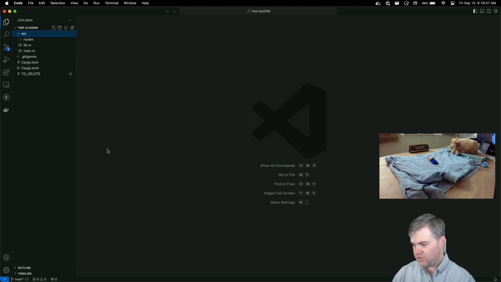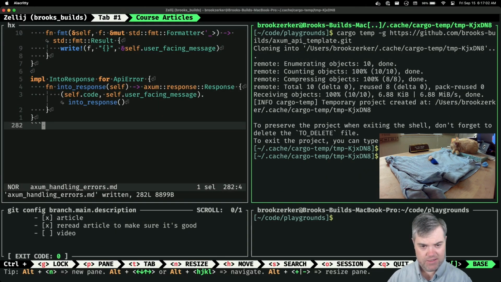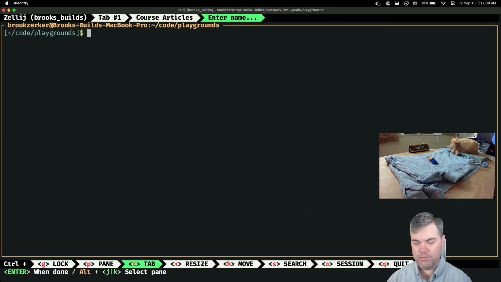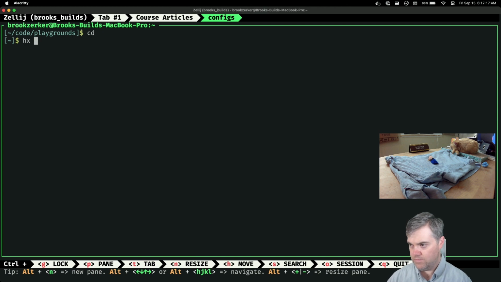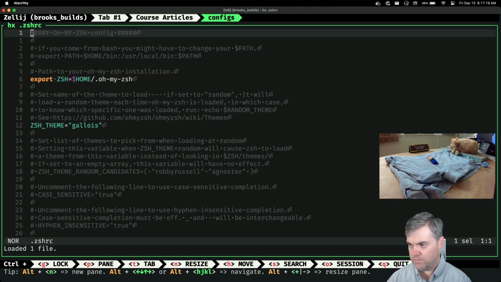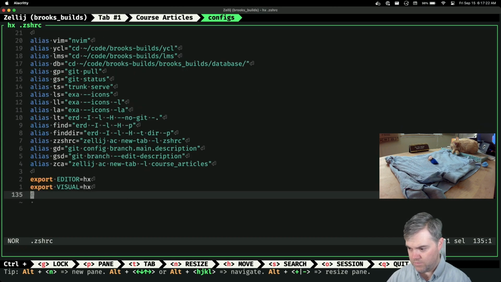Ooh, I forgot to run to create that. Let's update this. It's like RUST_LOG, right?